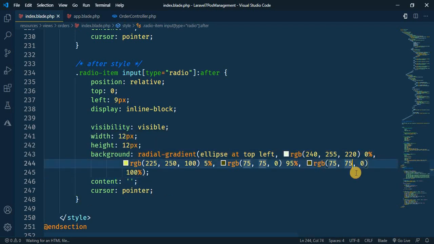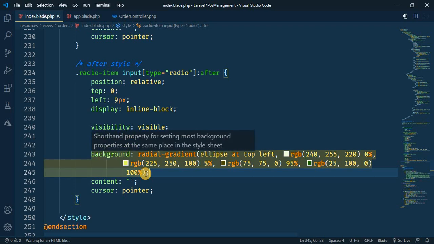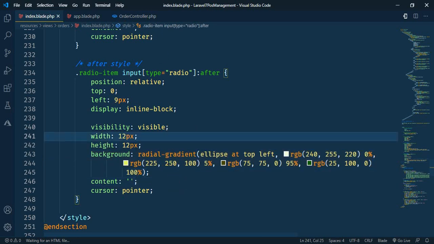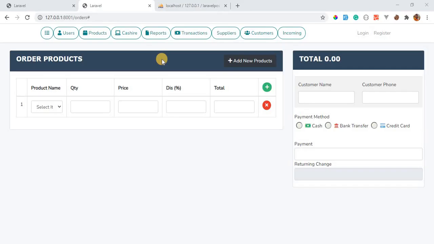Okay. Here will be what? Let's pass here 25, 100, 0. It will be my percentage. Okay. And save this. Just come to the browser, refresh. We have it like this. But I don't like this. I need to make a